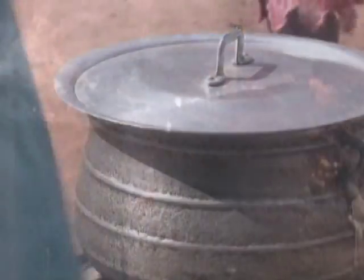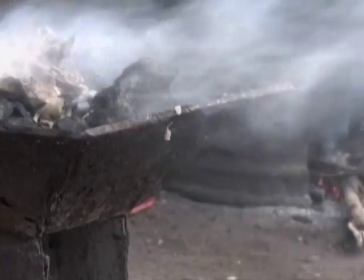A lot of charcoal is produced unsustainably, so Toyola stoves cut greenhouse gas emissions. Each one produces